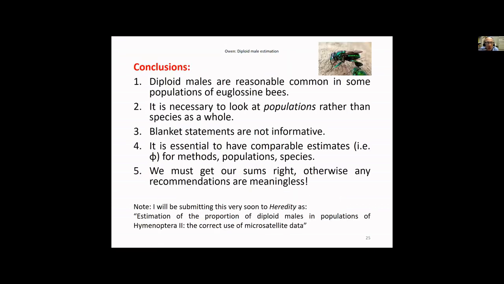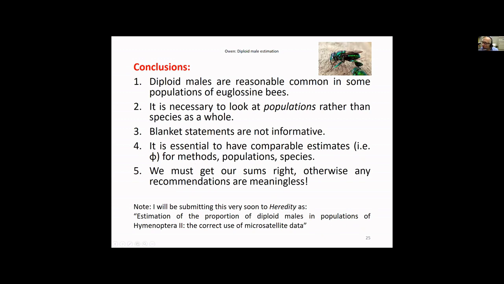So in conclusion, it is clear that diploid males are reasonably common, at least in some populations of euglossine bees, but we need to look at a population by population basis rather than species as a whole. Blanket statements such as that diploid males are very rare in euglossine bees, or very common, are simply not informative. It is best to have comparative estimates, for instance, this phi, which can be used over methods, allozymes, or